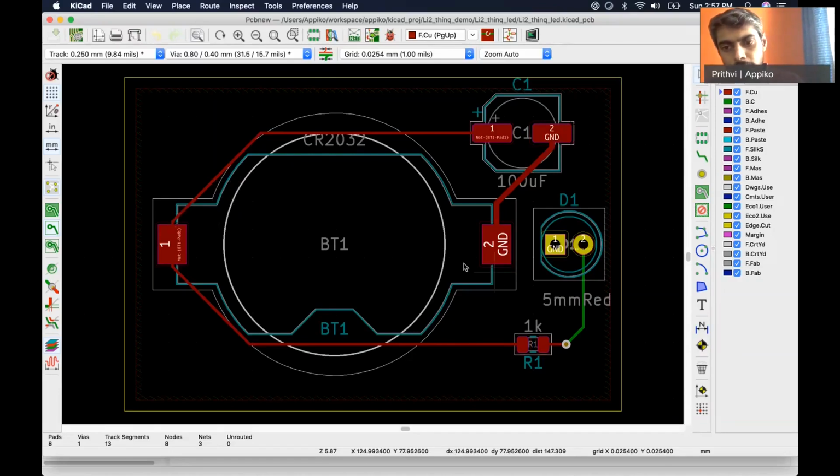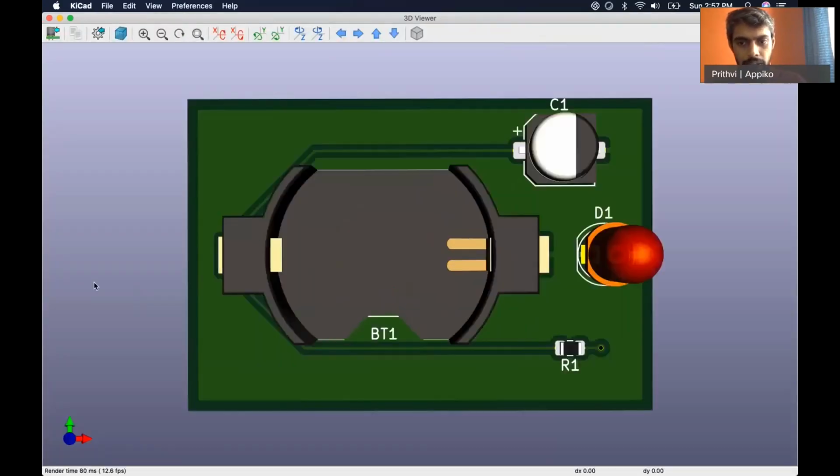The other thing that I would recommend is to keep all the signals on one side and use the other side for ground. In this particular case, we did this particular track on the bottom side just to show you.